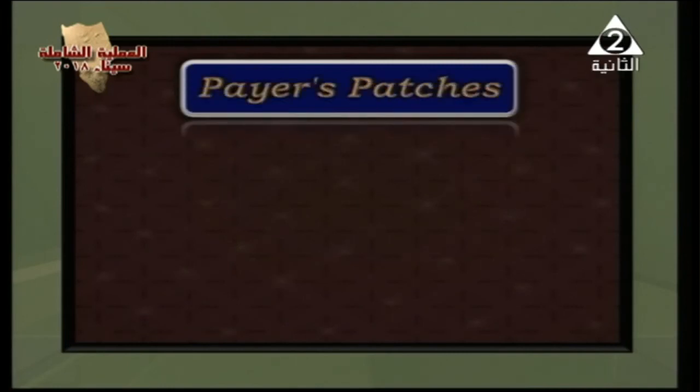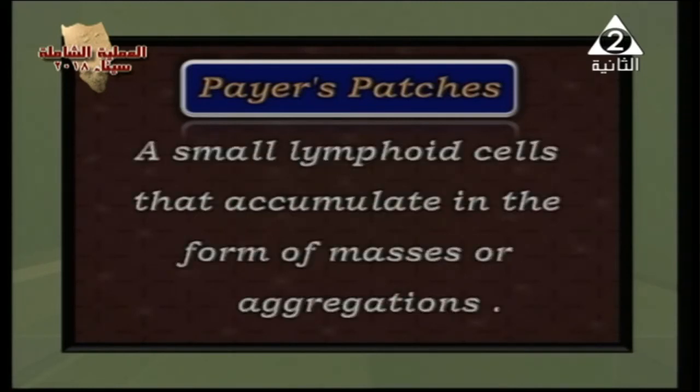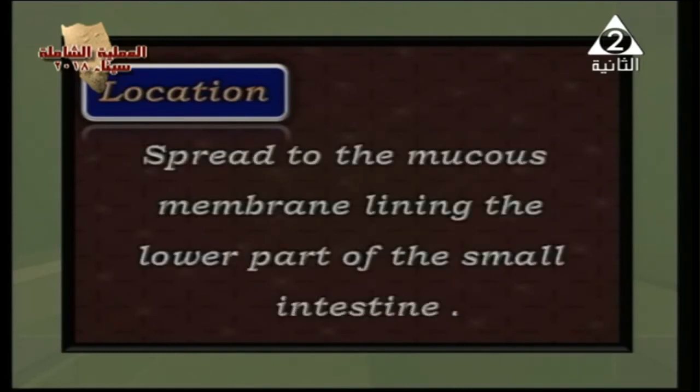Yet we have also Peyer's patches. We have what? Peyer's patches. They are small lymphoid cells that accumulate or aggregate. Accumulate means they group together in the form of masses or bulks. Where are they located? They spread over the mucous membrane lining the lower part of the small